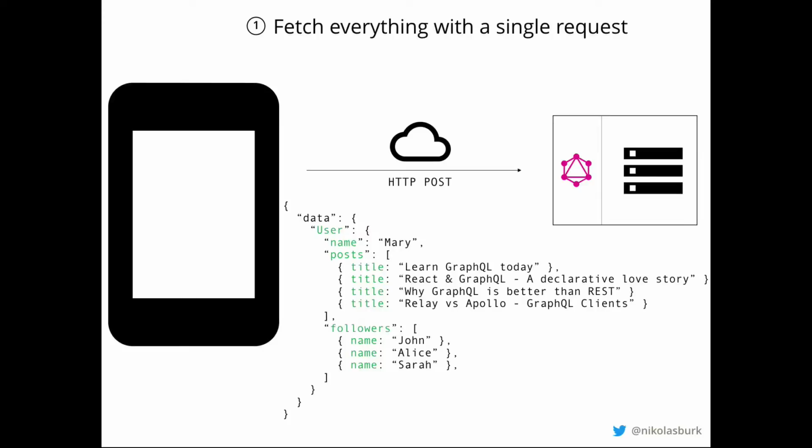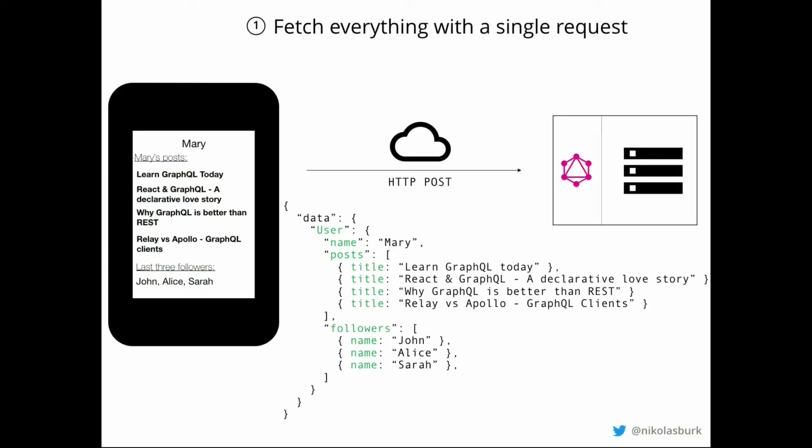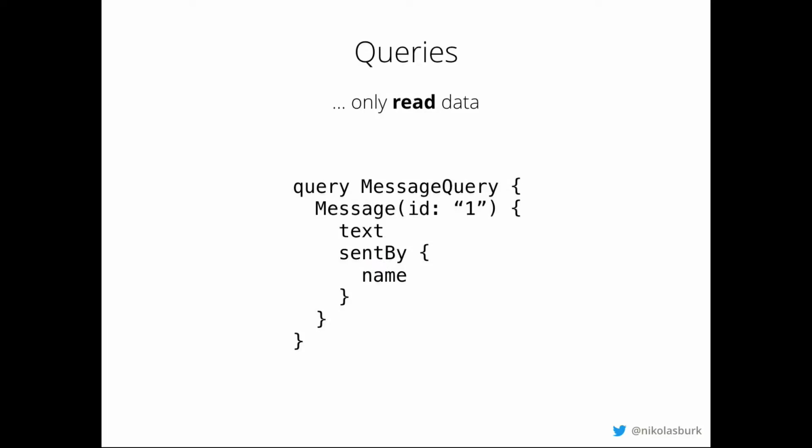And then we actually receive exactly the payload that we need to render the right information on the screen. So here is the classic example when you compare REST with GraphQL. You just send over a query, and the server is going to resolve that query for you. All right, so now that we have the example, we can actually talk a bit about the theory behind it